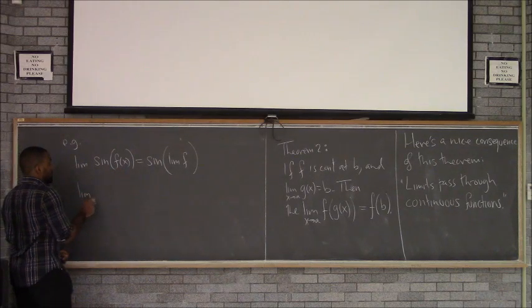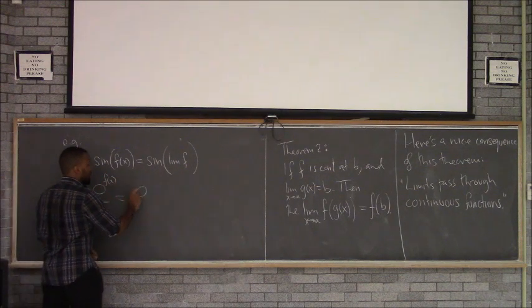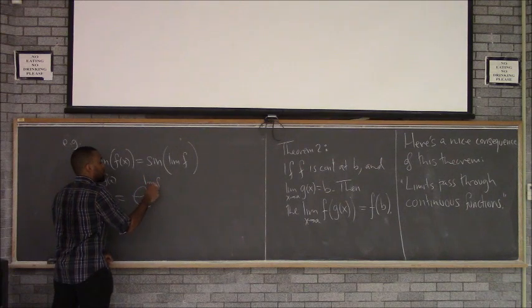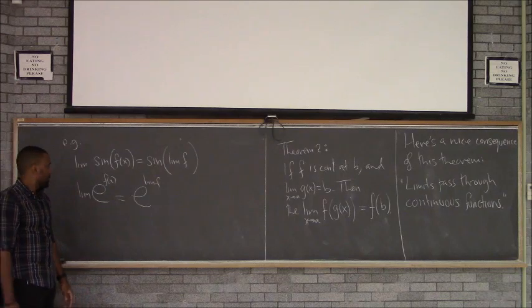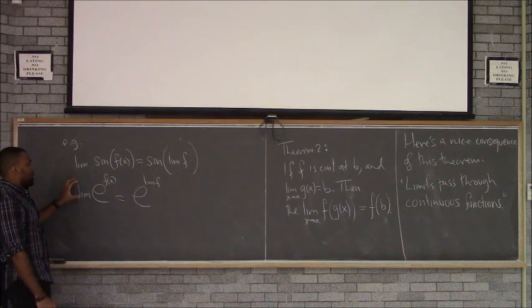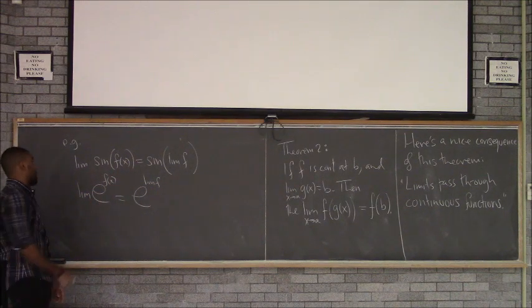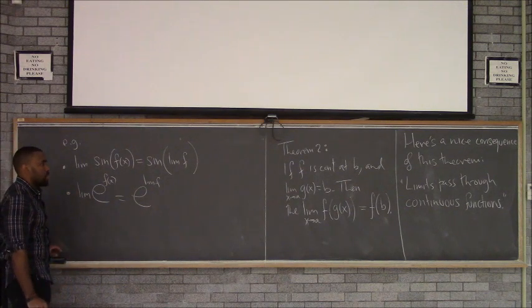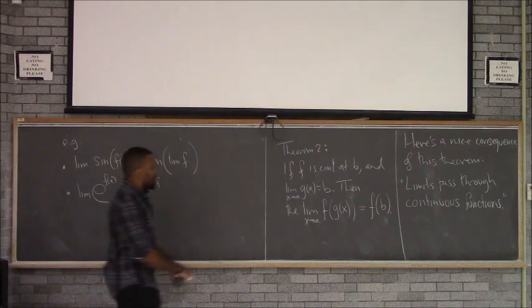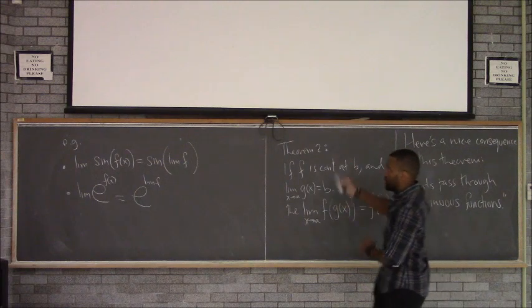Or if I have the limit of e raised to some function, that's the same thing as e raised to the limit of the function. Because I know e to the x is an exponential function and it's continuous. It's one of the basic continuous functions. Whenever I take the limit, I can move it through the exponential and just operate on whatever the exponential is operating on. So things like that are going to be nice whenever we're trying to figure something out, compute something, approximate something. You can slide your limit through continuous functions. You can move them inside and out.